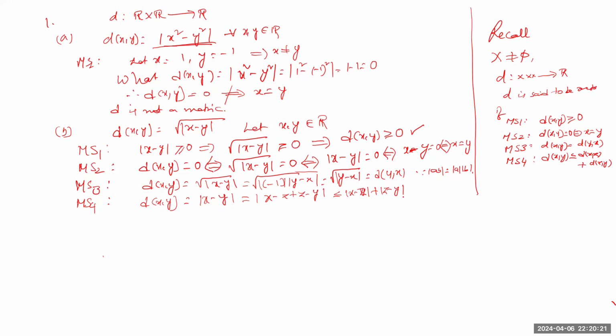What happened for these terms? I am adding one more term, that is 2 times square root of mod x minus z times mod square root of mod z minus y. So this is a positive quantity, so this is again less than or equal to that value. So then this value is really